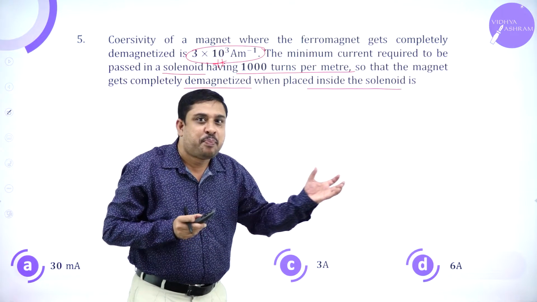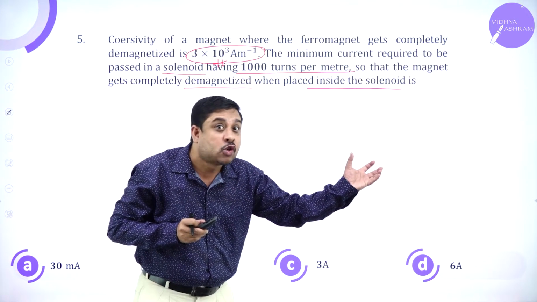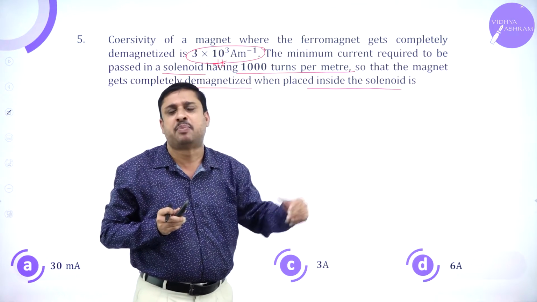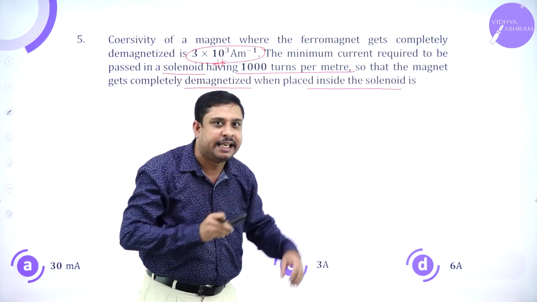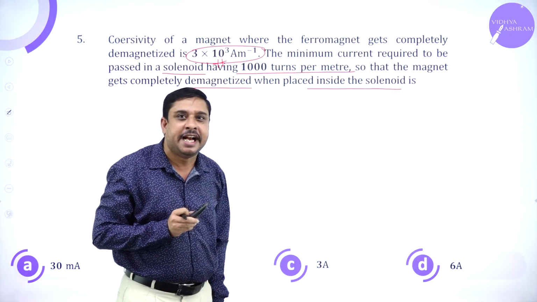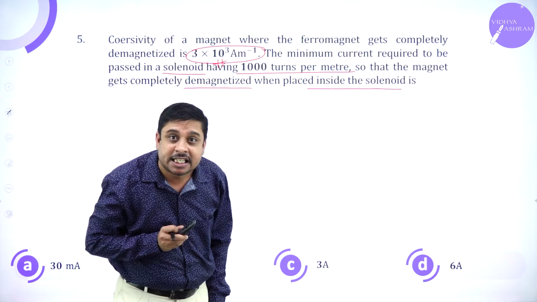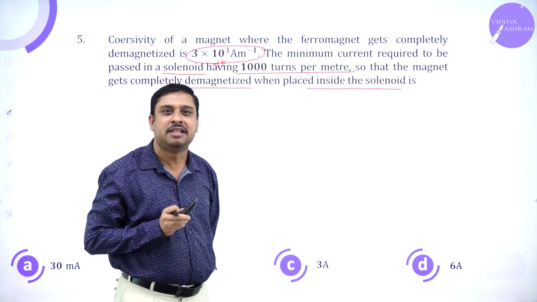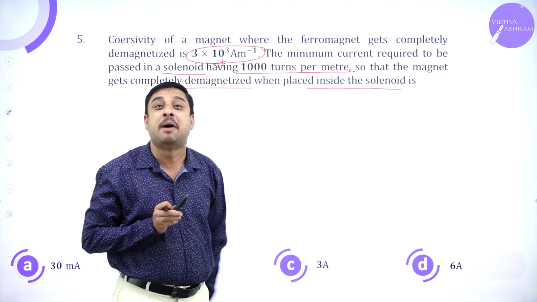That is, you are placing the magnet inside this solenoid. Have you read that in the lab, if you use a rheostat, it is one of the examples of a solenoid? So I have placed the magnet inside that solenoid. How much is the reverse coercive field? 3 into 10 power 3. Solenoid has 1000 turns per meter. I will calculate the current that has to be passed through the solenoid to completely